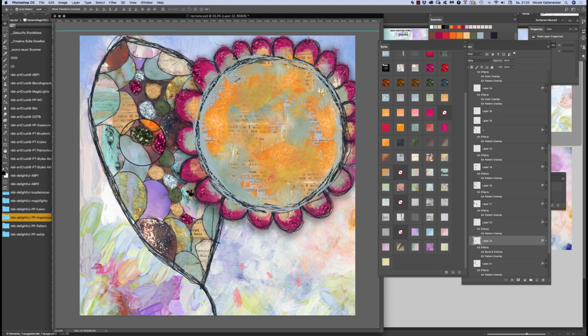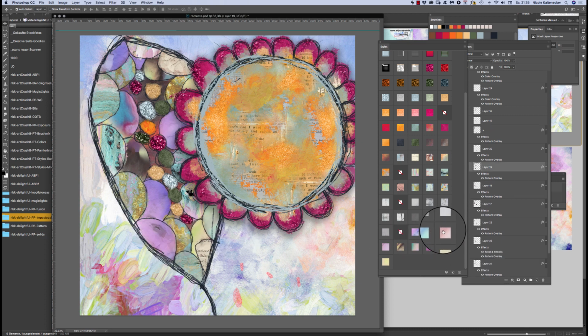Don't leave too much time to pick anything, okay? We have here those watercolors. Maybe we leave that. This is one, and this one, and